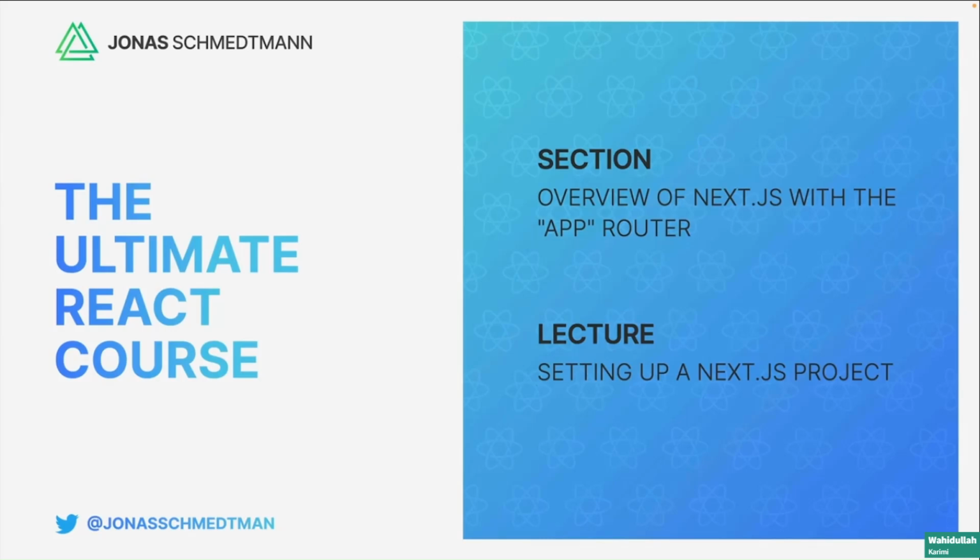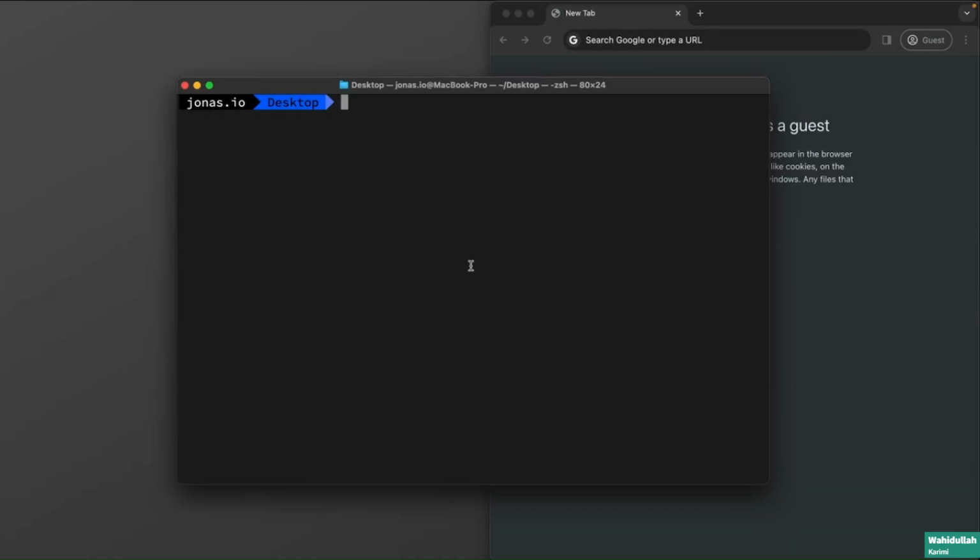Okay, so now that we know what Next.js is, let's create our very first Next.js project. And creating a new Next.js project is as easy as setting up a new React project using Vite or Create React App. So just fire up your terminal in whatever folder that you want to create your new project. So for me, I'm on the desktop right now. And then let's just run npx create-next-app@latest,